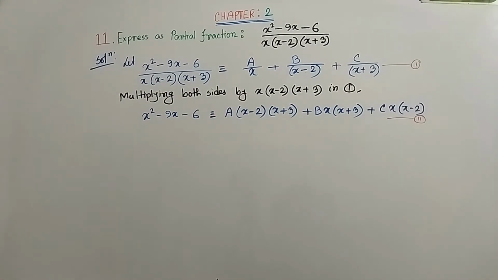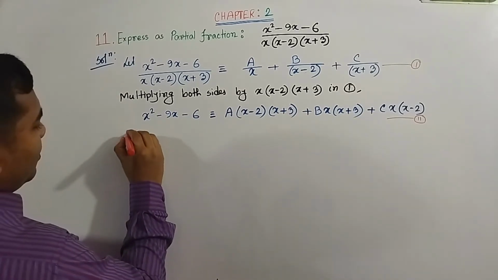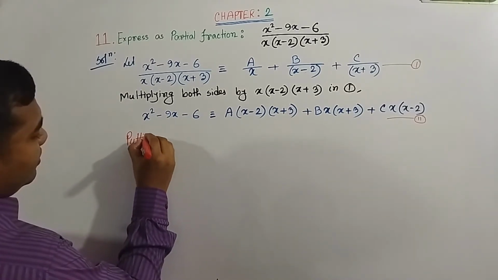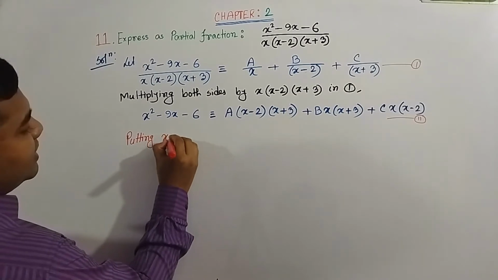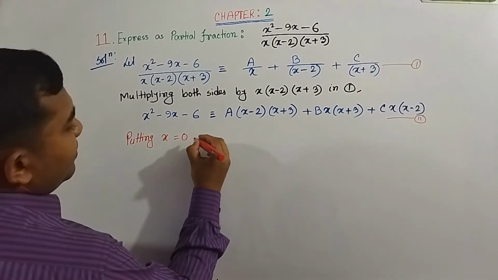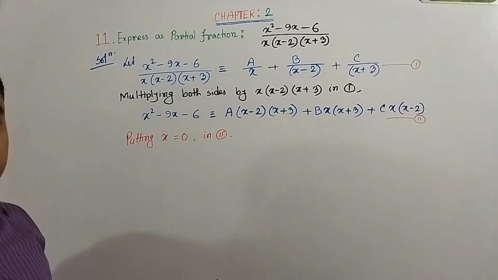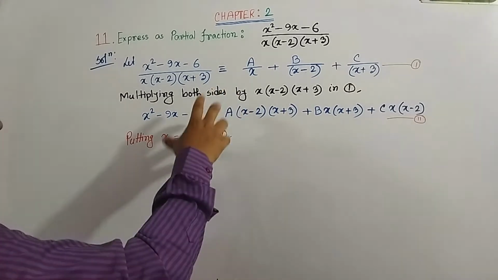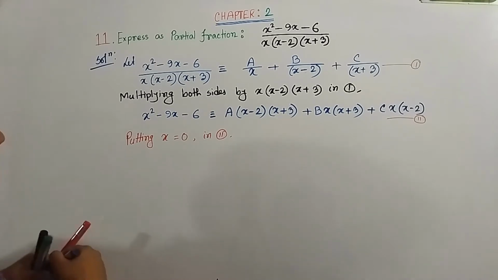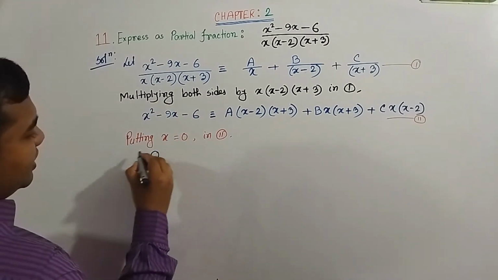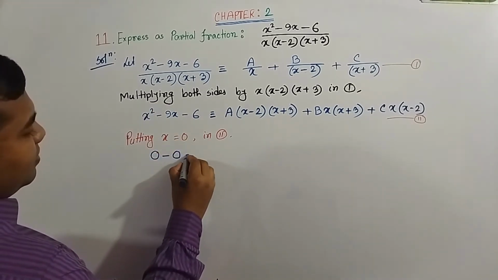Putting the value x equals 0 in equation 2, what can we find? Putting x equals 0 in 2, we get 0 squared, which is 0, minus 6